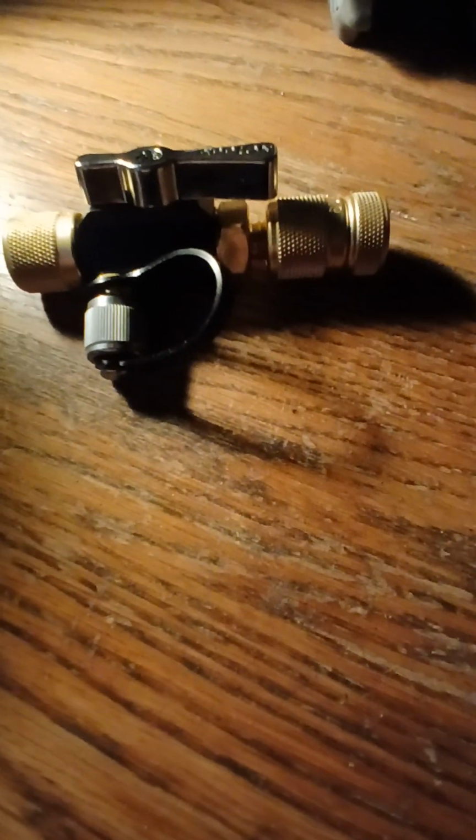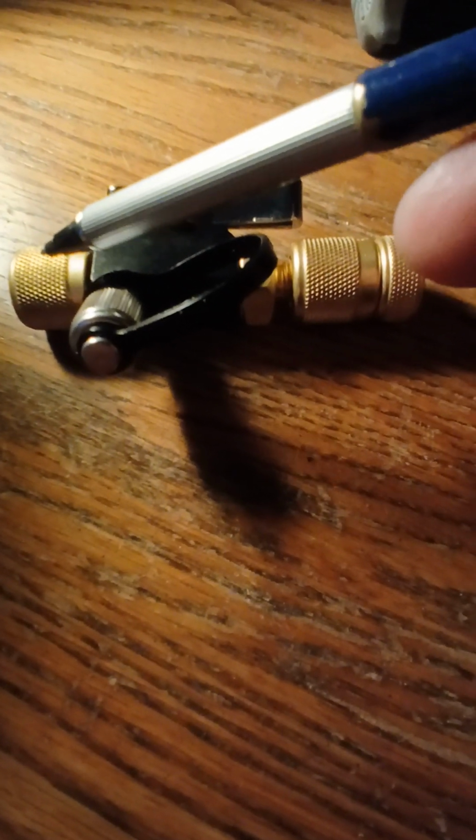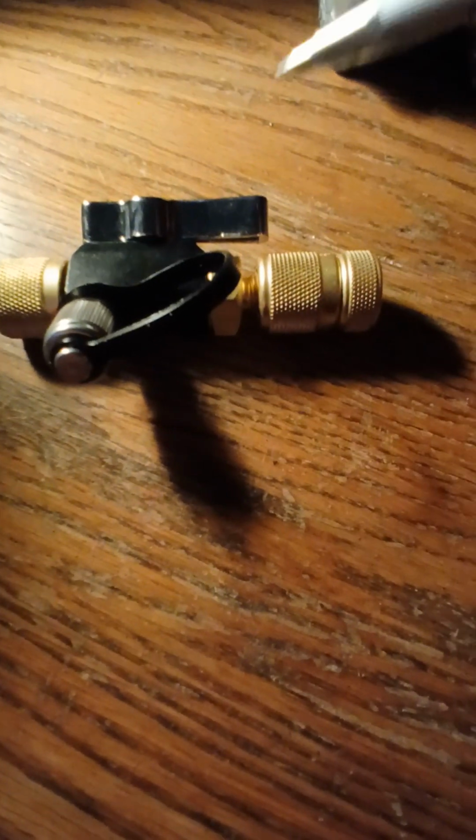This is an HVAC core removal tool for heating and air conditioning, used to remove what I call the Schrader valves. If the HVAC guys would actually use the correct terminology, it is called a Schrader valve in HVAC. It would be this little valve in the port here, the valve on the low or the high pressure side. This tool, this valve core removal tool,